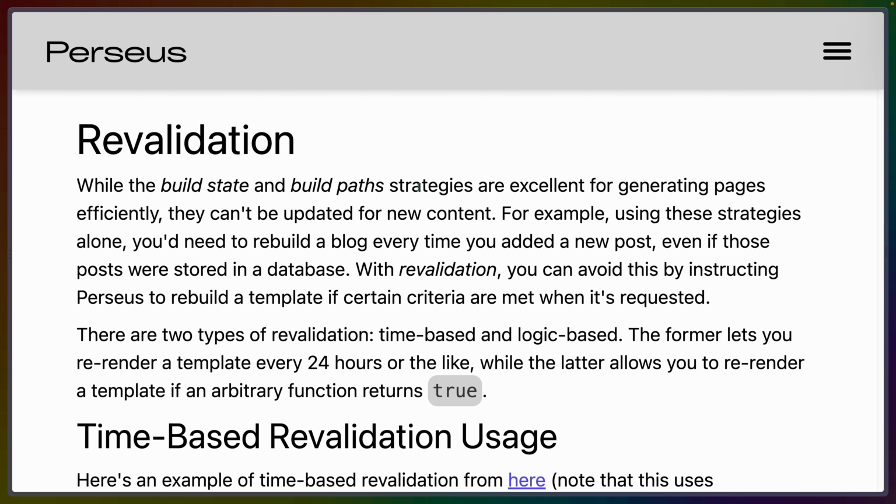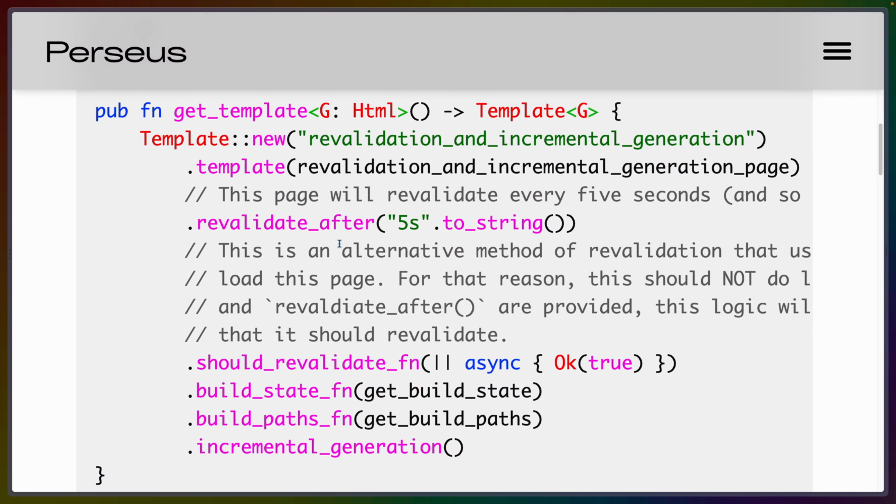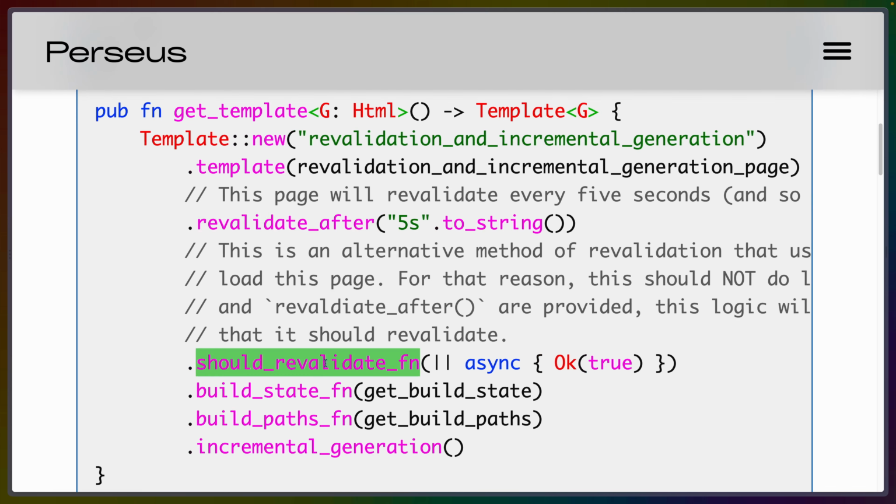Because the content can update in the database, at which point we probably want to re-render those pages. And the answer to that is revalidation. Revalidation gives us two additional builder functions. One tells us that the page can be re-rendered every 5 seconds, so it will revalidate every 5 seconds. We also have a function that's called should revalidate function that will run on every request to determine whether this page should be re-rendered. And this is built on top of the build state, the build paths, and the incremental